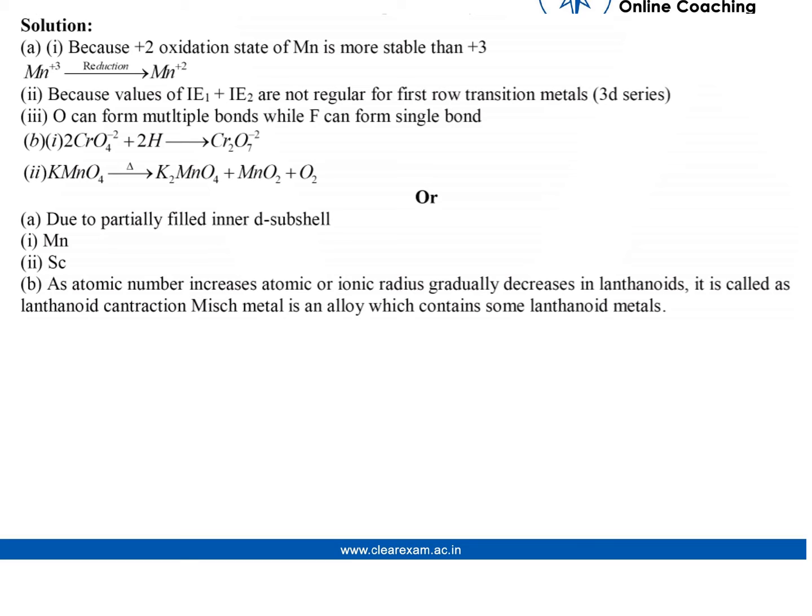B part, 2CrO4 2- plus 2H+ gives Cr2O7 2-. Second part, KMnO4 when heated gives K2MnO4 plus MnO2 plus O2, or